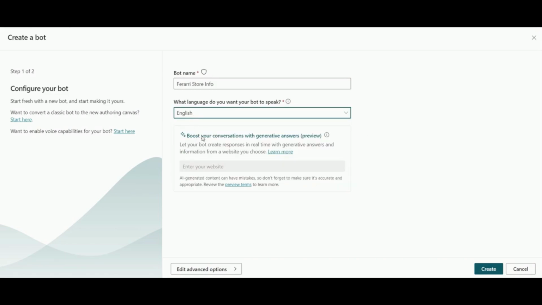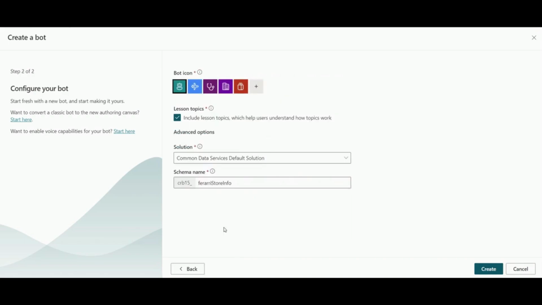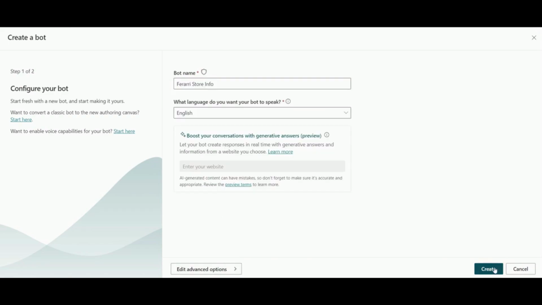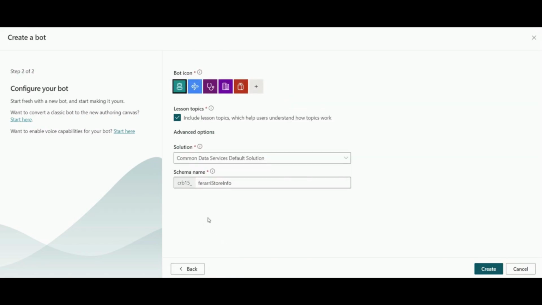The third option which you can see here is boost your conversation with generative answers. So we can always use some third-party chatbot services, or websites which we can leverage to have our answers be more professional. Then we can click on edit advanced. We can always go back and click on create also from here, but I'm just showing you the edit advanced